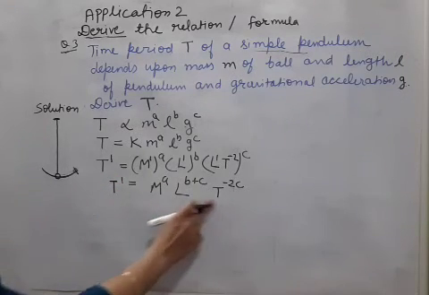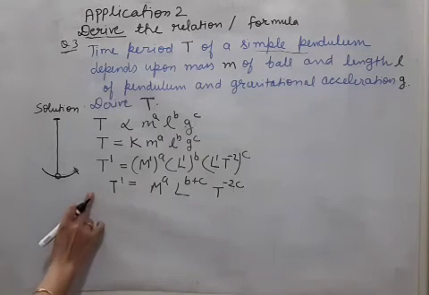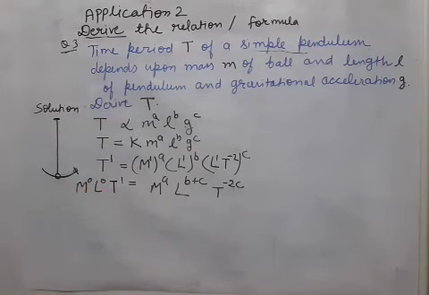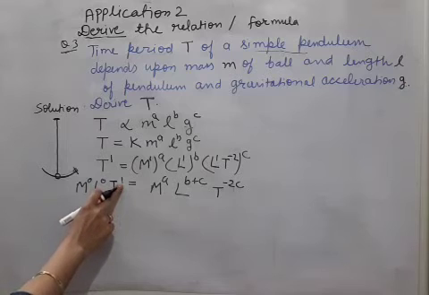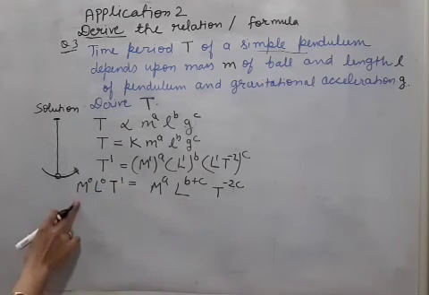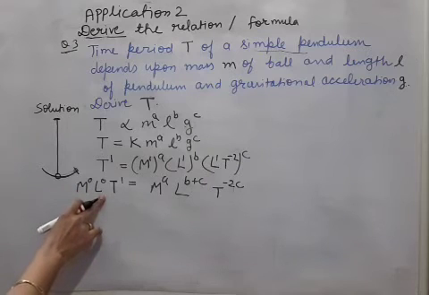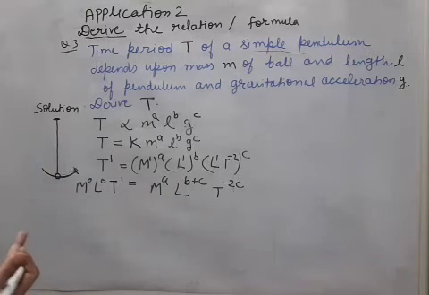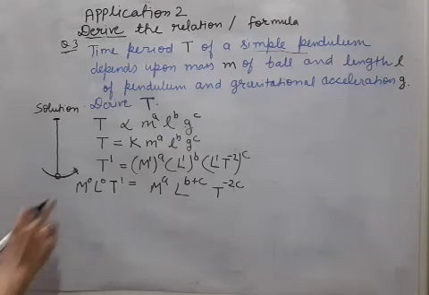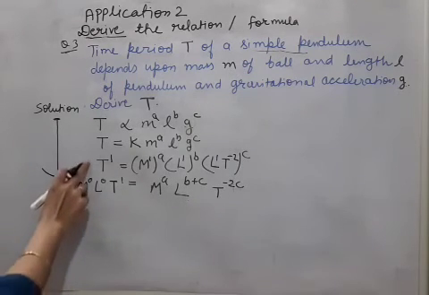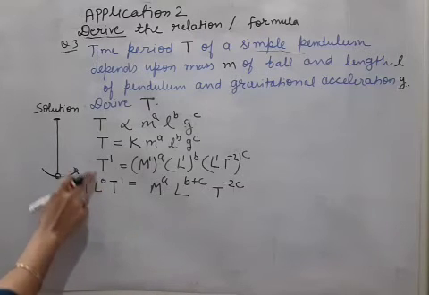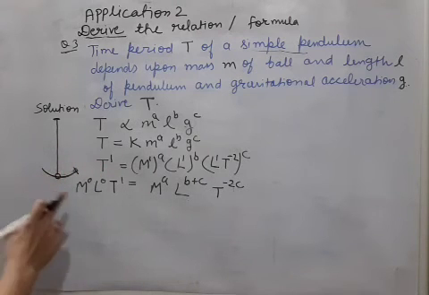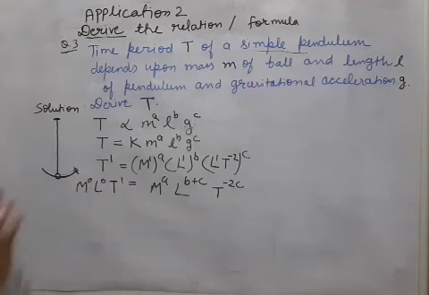Now our target is always to find a, b, c answers. So here M, L, T, we want all, means M and L also we want. So what will we do? If only T power 1 is there, we want M and L also so that we can compare. So we will write M power 0, L power 0. No problem, because M power 0 or L power 0 is 1 only. Anything raised to power 0 is 1, so it will not affect the answer. So to compare, we have written here M power 0, L power 0. अगर यहाँ पर सिर्फ L होता तो हम M और T की पावर को 0 लिखते. यहाँ T है तो M और L की पावर 0 रहेगी.